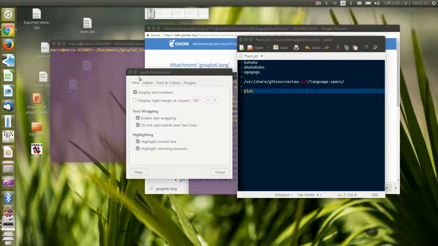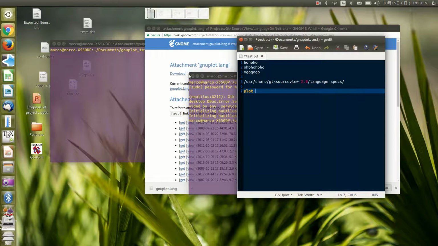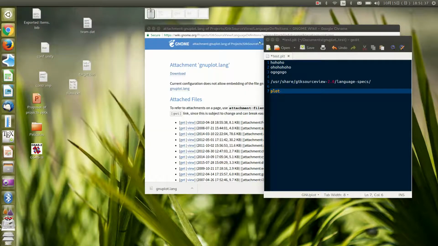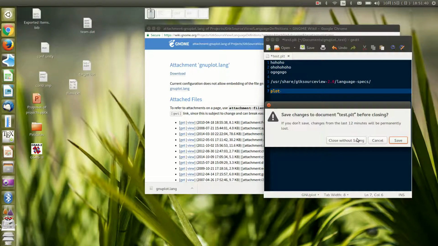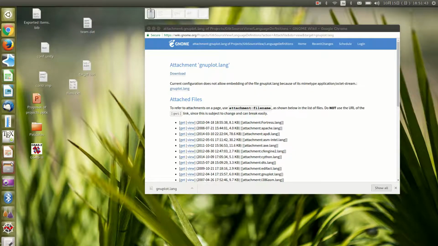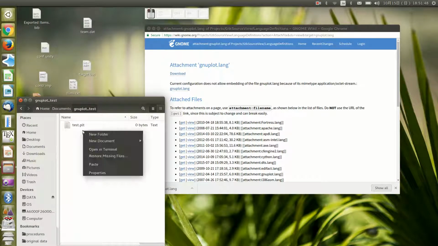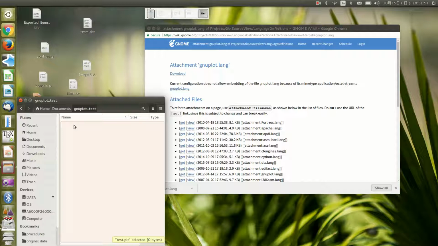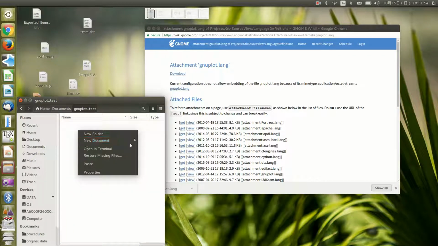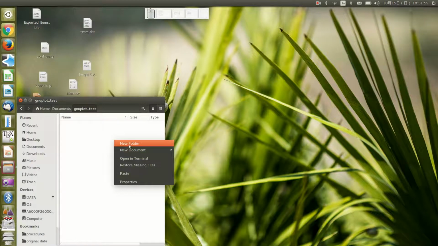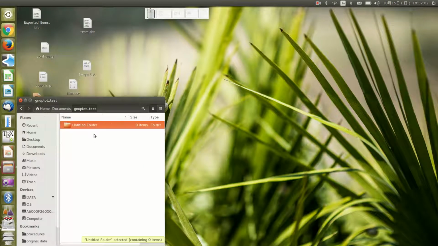So now let's see how we can work with this program, how it works when we have scripts and when we have these options for gedit. So let's start from the beginning. I will close everything, close without saving, open a file, documents, something here. I'll erase this, open a new folder. I will close this one as well. Open a new document,